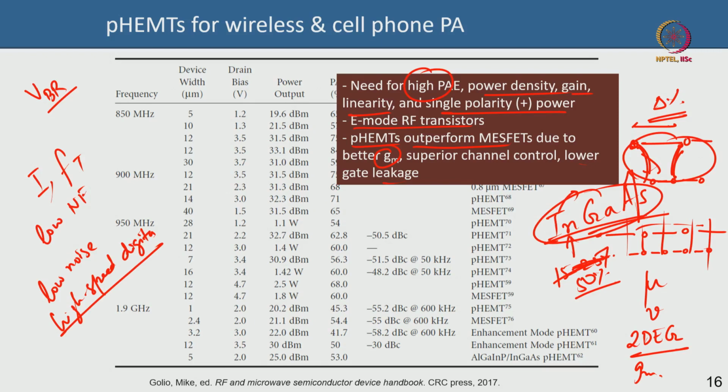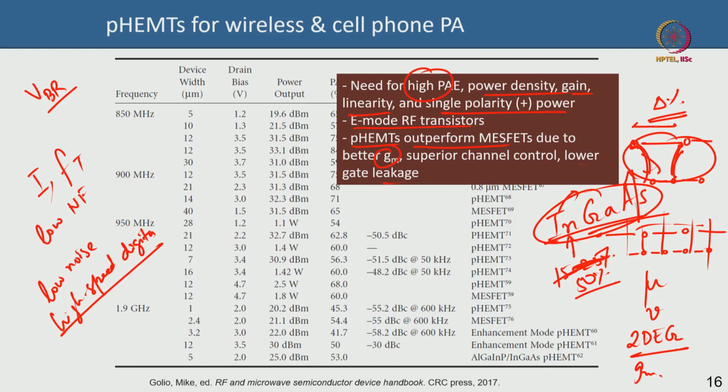If your breakdown is lower, your biasing voltage will be lower, and your output power will be lower. So, that is why these are not that attractive for power amplifier, although people have done tricks to overcome that, but these are extremely promising for low noise and high speed digital application, where such kind of HEMTs can significantly